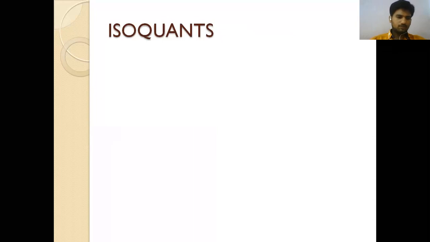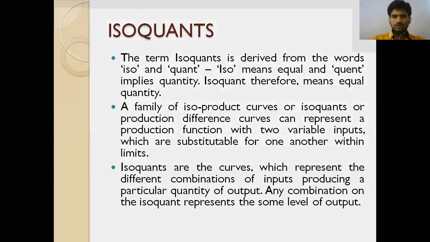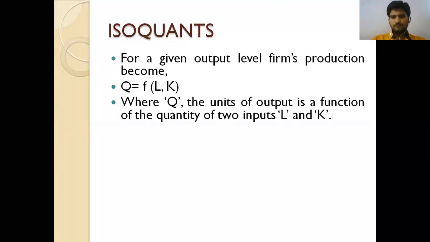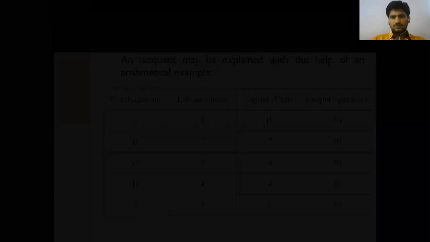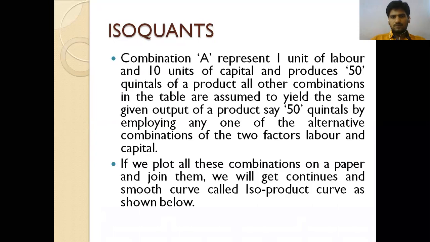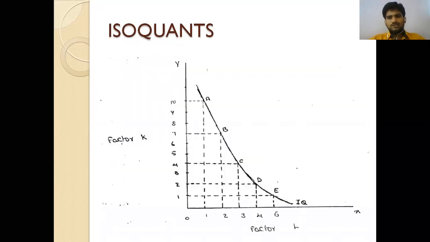So from the production function onwards, we are going to select isoquants. So what is this isoquant? Simply, I will start it again tomorrow morning, the first hour we will continue the same thing. I will show you one diagram. This one we will discuss in the next class. So this was the diagram.